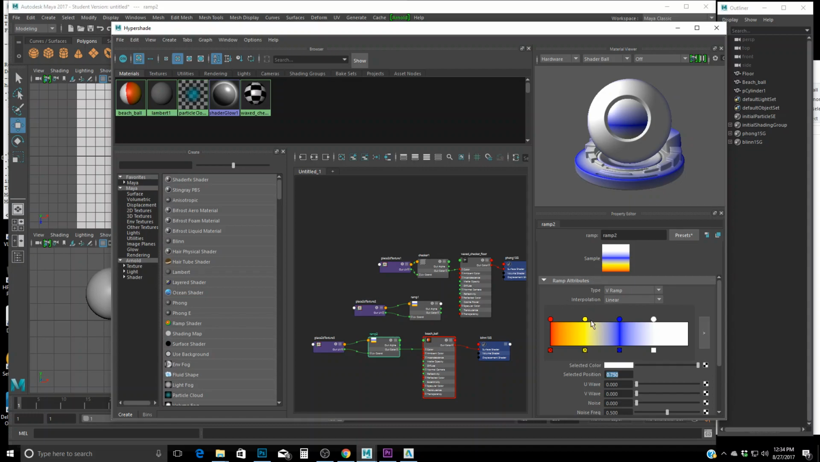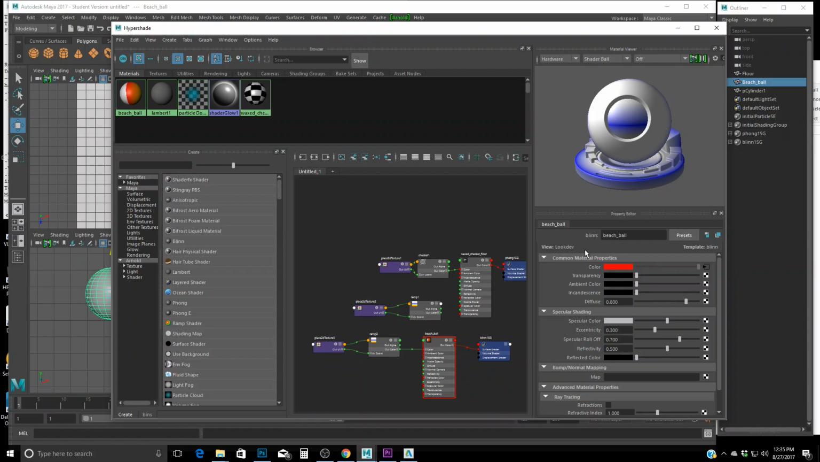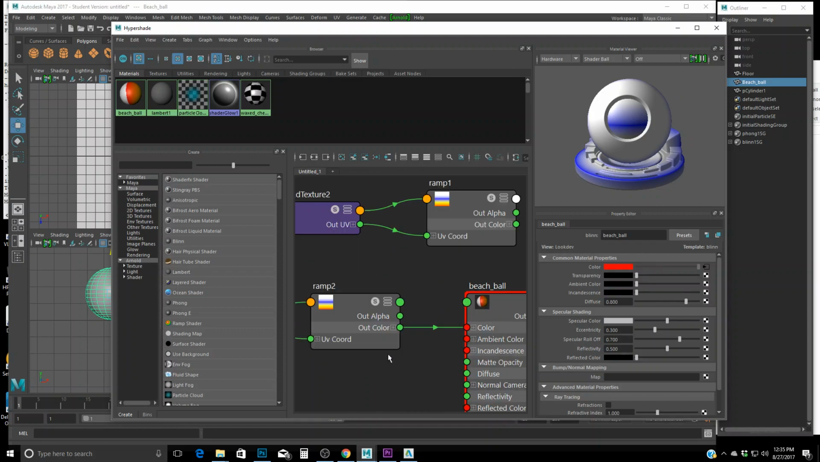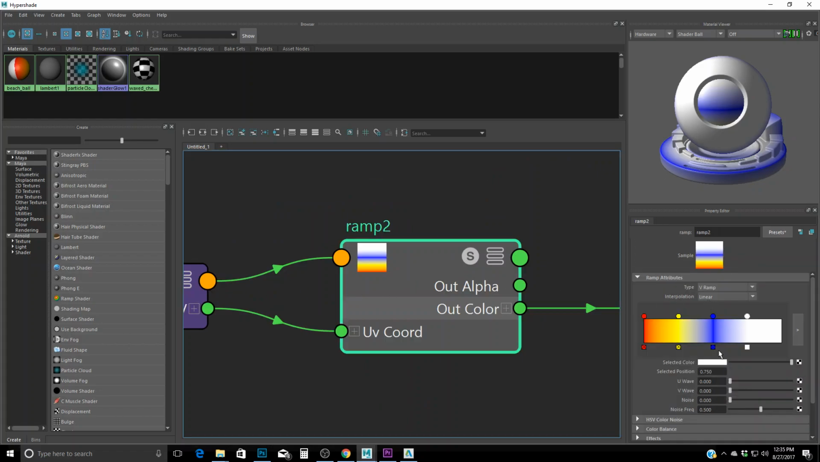Now, I'm going to stop for a second, make sure this looks good. There we go, the right color. But it's not very beach ball looking, is it? Well, we're going to do two things. We are going to zoom in on the beach ball here, zoom into our ramp, and I'm going to change